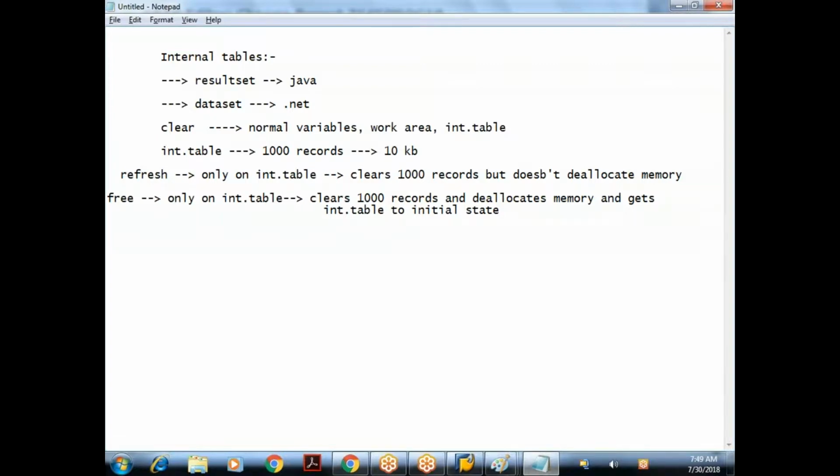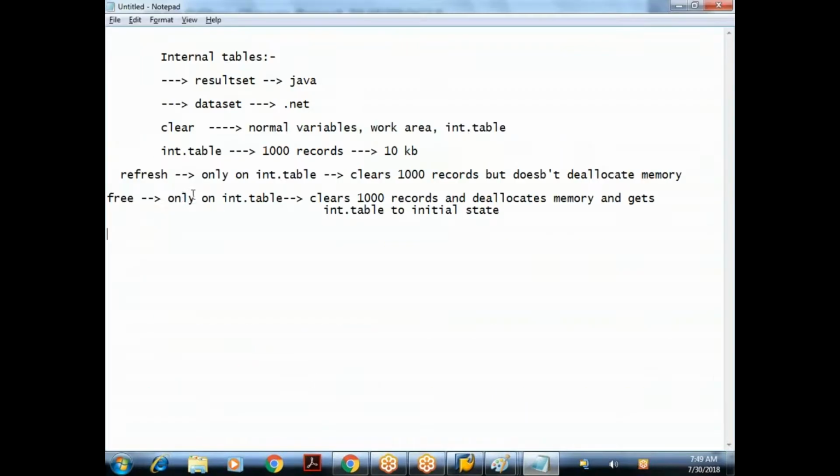Memory management wise, using the free statement is recommended. When I clear the data, I don't require the memory to remain as it is, so it should be deallocated. Performance wise, free is better than refresh, because free will clear the data as well as deallocate the memory and get the internal table to its initial state, whereas refresh will only clear the data and doesn't deallocate the memory.